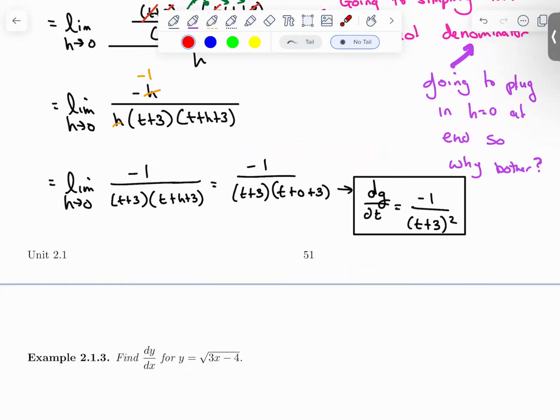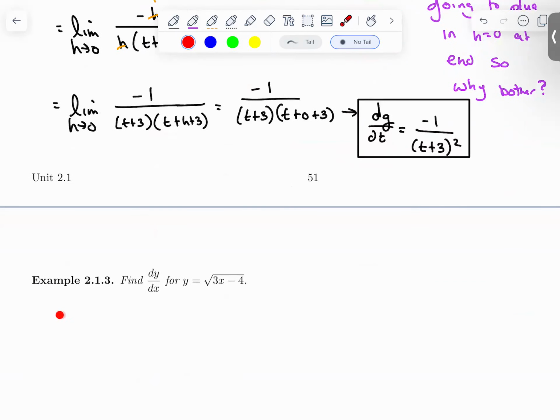Okay. We're gonna set up the other one, and then we'll call it good. Remember, all of Unit 2 is on the next exam. So none of this stuff that we just went over in Unit 2 is on the exam. Unit 1.5, Section 1.5, that is on the exam. But anyways, so dy dx